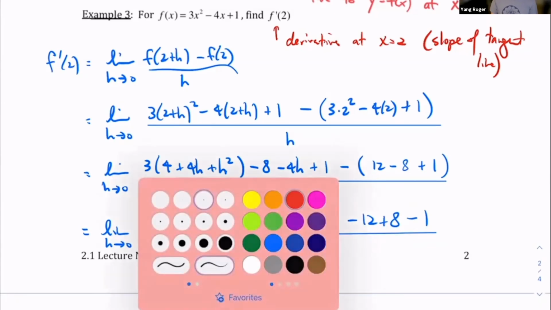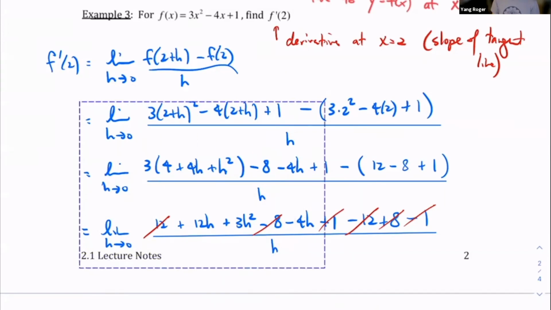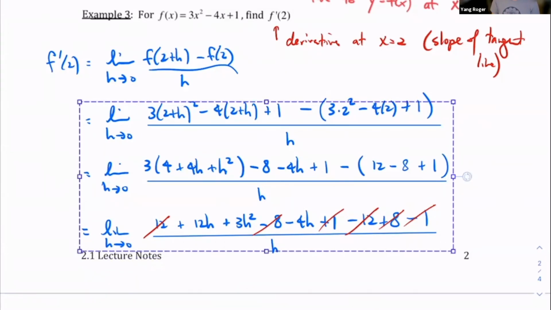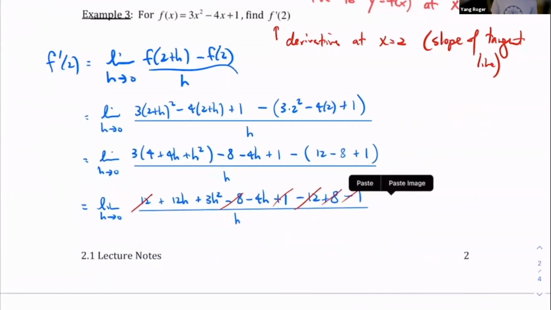So check it out. You've got a 12 here, but then a minus 12 there. You've got a minus 8 here and a plus 8 here. You've got a plus 1 here and a minus 1 here. So all that stuff kind of cancels each other out, which is nice. Okay. So let me make this a little bit more manageable here. So then we end up with,